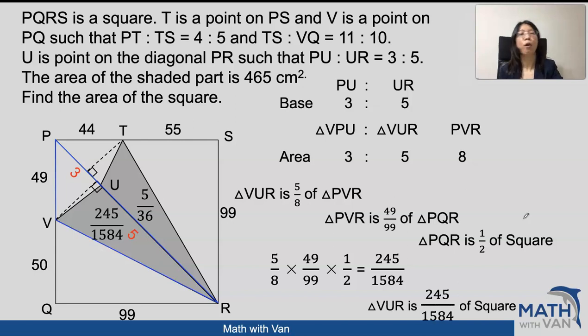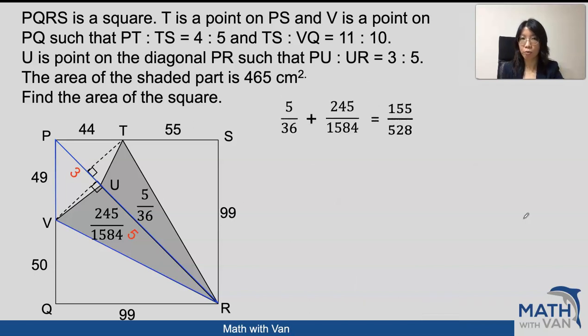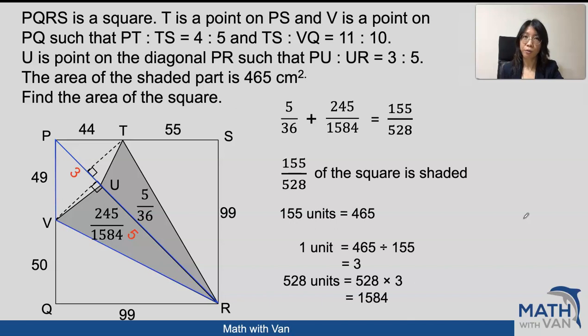So what we need to do now is find out what fraction of the square is shaded. So it's essentially trying to find out these two. Just add up these two fractions. So that will give us 155 out of 528. And then since we were told that the shaded part is 465, 155 units equals 465. And then what we need to find out is the square, which is represented as 528 units, and that gives us the answer